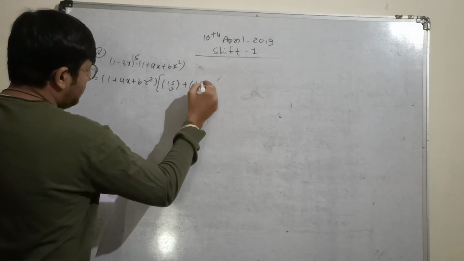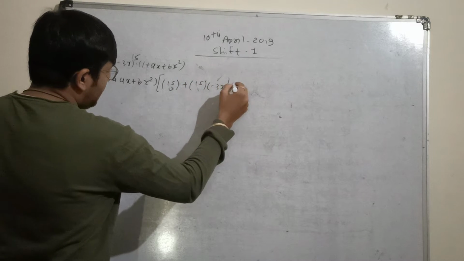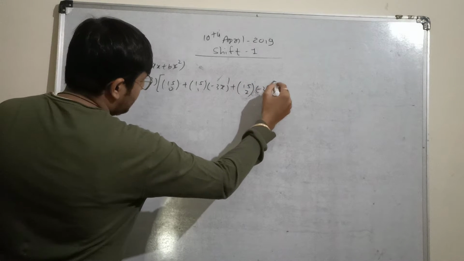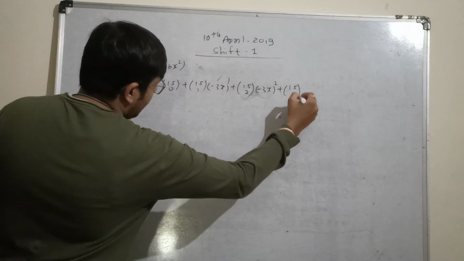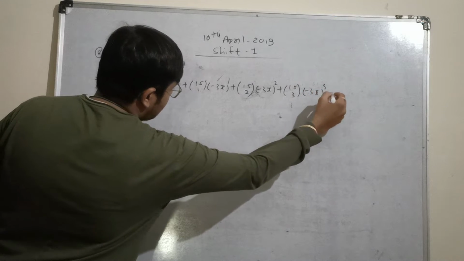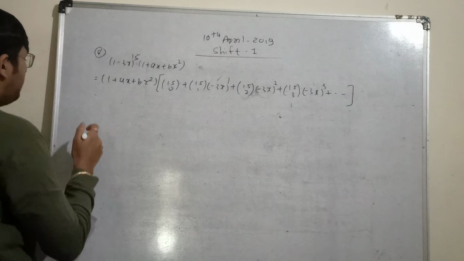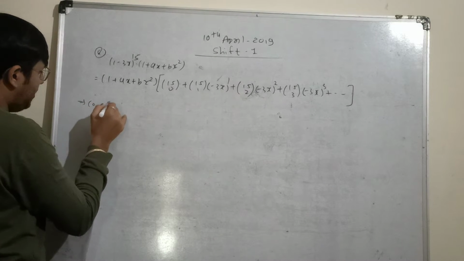15c0, 15c1 minus 3x, 15c2 minus 3x whole square, and 15c3 minus 3x whole cube plus so on. Now if I want to find out the coefficient of